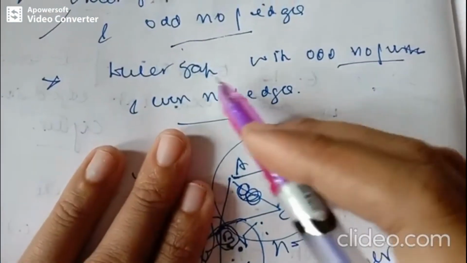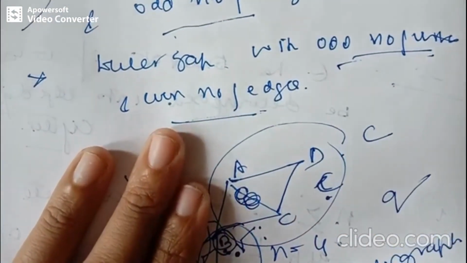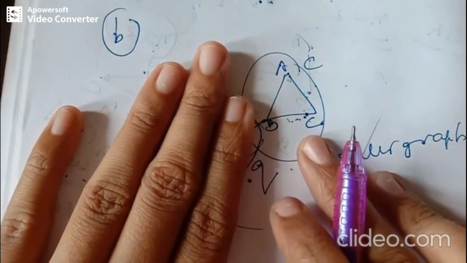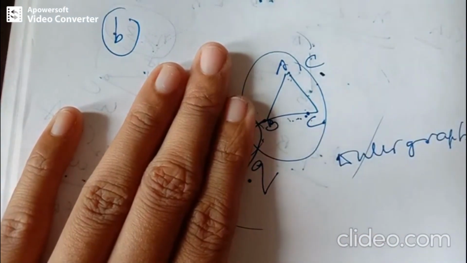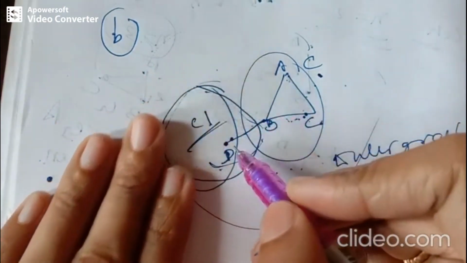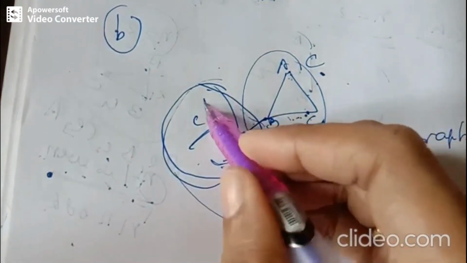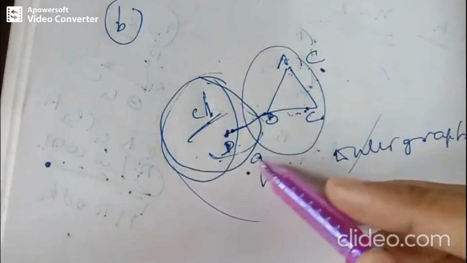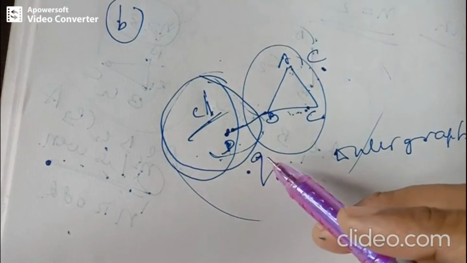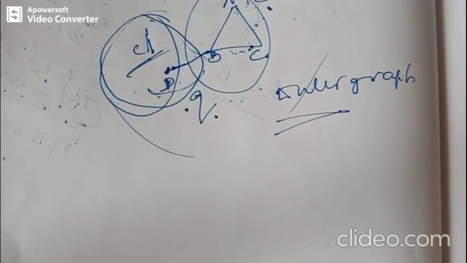So next, let's see the next question. They asked you to check whether we get a Euler graph with an odd number of vertices and an even number of edges. So we are taking an odd number of vertices like this. Let's take this as circuit C, and let's take another circuit C dash with an odd number of vertices like this. C and C dash together form a circuit, let's say Q, and this graph still remains connected. It is a Euler circuit, right? Therefore it is a Euler graph. So it is possible to have a Euler graph with both the conditions.